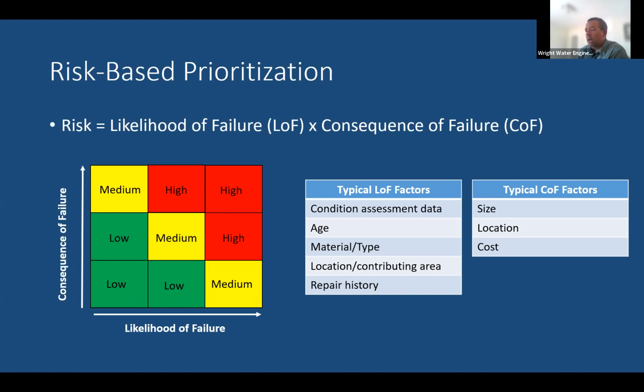And then, of course, the cost. If a particular asset fails and it's going to cost a lot of money to replace, we'll want to incorporate that into the analysis. So we define all these factors, and combinations of these are called the risk